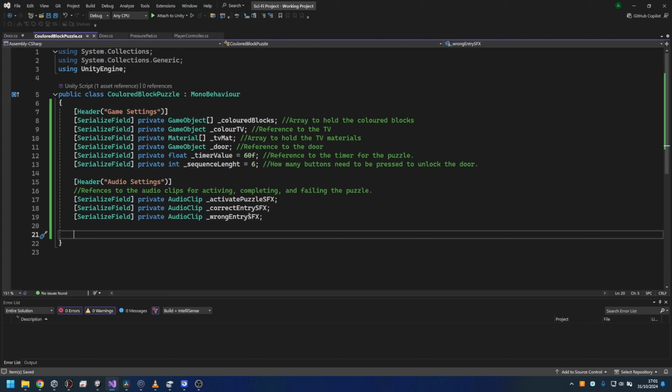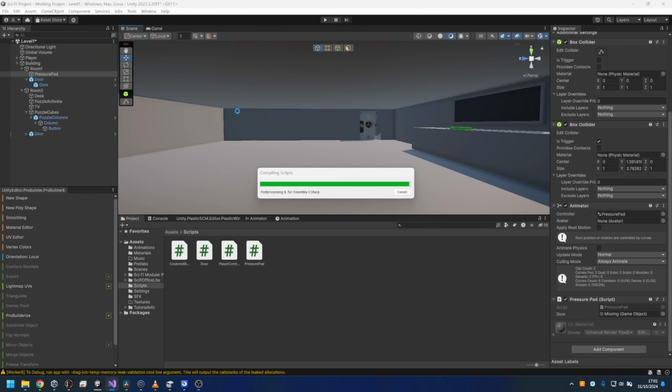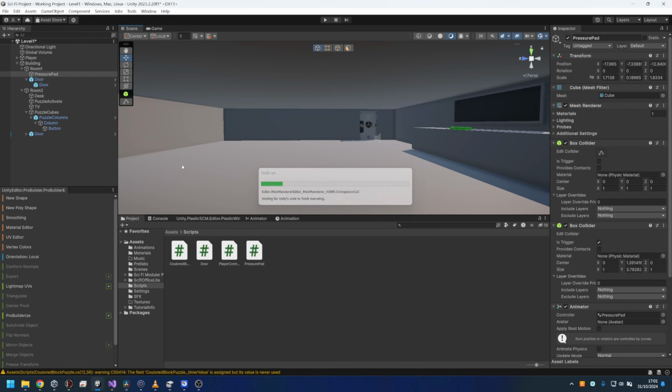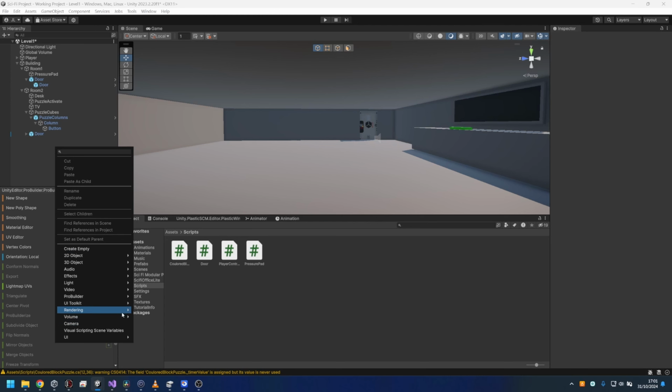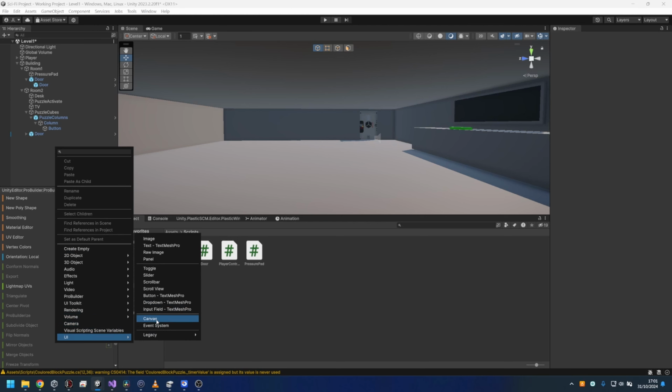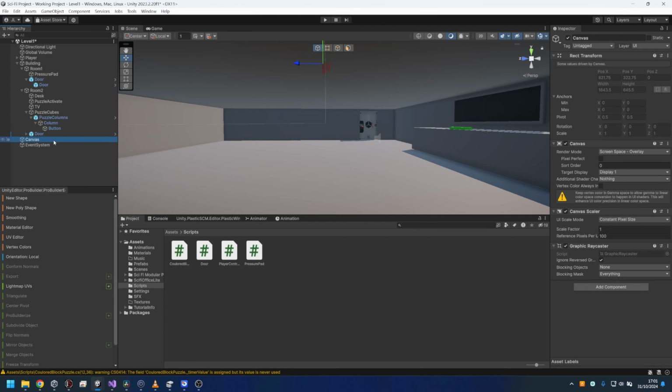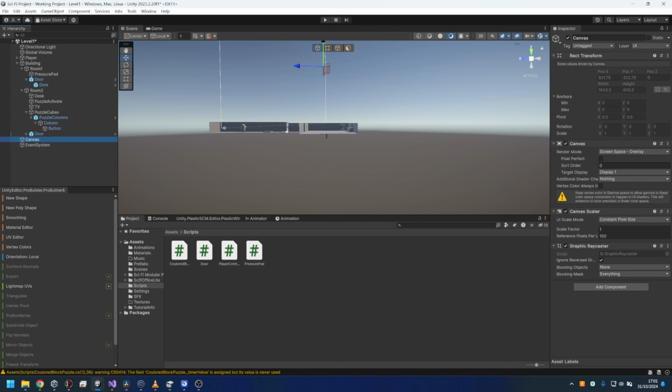So what we'll do is we need to create a UI manager, which we'll make in a minute. But we also need to make the UI. So what I'm going to do is I'm just going to save the script here, and create our UI very quickly. So UI canvas, and let's just make sure